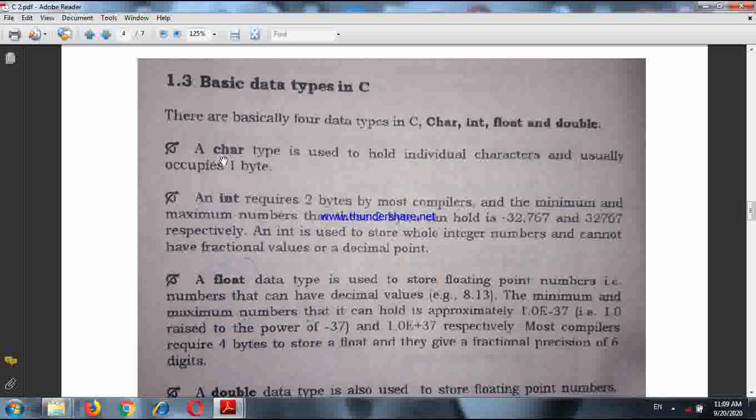Now a char or character type is used to hold individual characters, and each individual character occupies just 1 byte. An int or integer requires 2 bytes by most compilers.